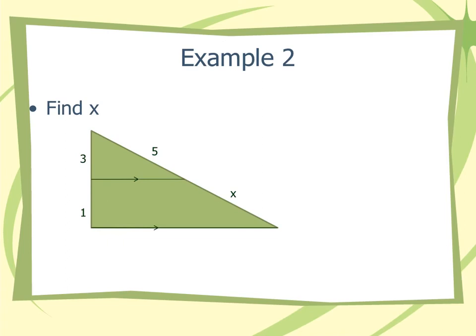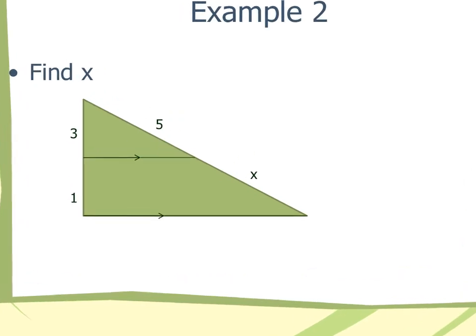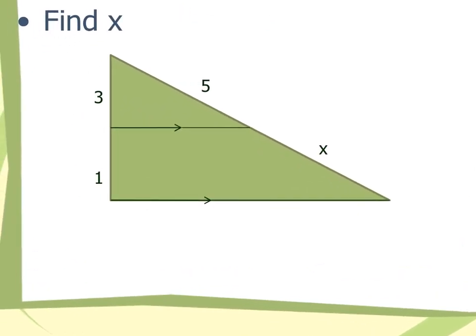All right, example 2 says find x. So the first thing we want to figure out is, are these similar? Obviously, if they're asking us to find x, they probably are. We've got our corresponding angles. This one would match this one, and this one would match this one. So they are similar, which means that the ratio of these side lengths would be the same as the ratio of the big